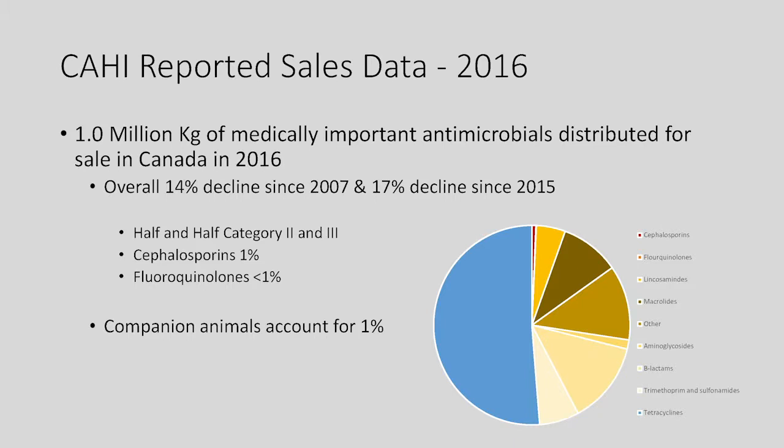CAHI, which is the Canadian Animal Health Institute, reports sales data every year. This is the 2016 data. Don't worry about the details, but the thing I want to point out to you is that when we look at sales data, where the denominator is kilograms sold, half of our use is our tetracyclines, which is a category 3 drug. Half of our use is a mishmash of category 2 drugs. And you can see there's a tiny sliver at the very, very top. That's your category 1 cephalosporin. So what are we using in agriculture? And they do not include the category 4s in here, which would massively dwarf this graph. We're using category 2s and 3s is what we're using.